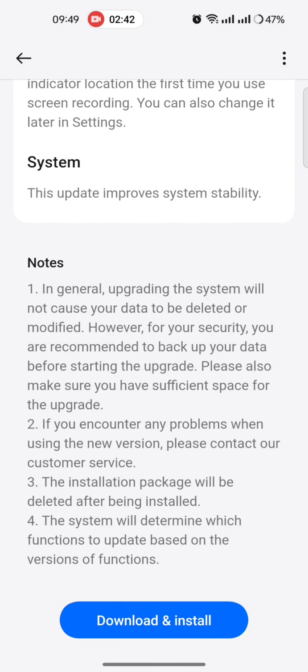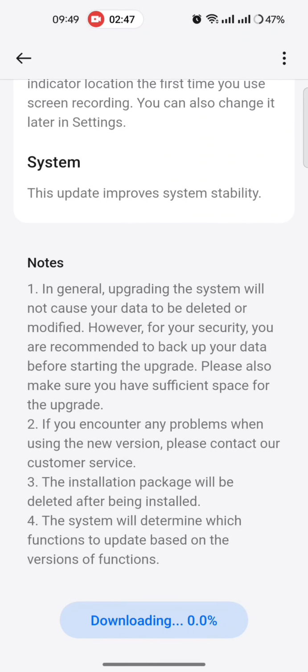So I am installing it. Download and install. It will take some time. Download.